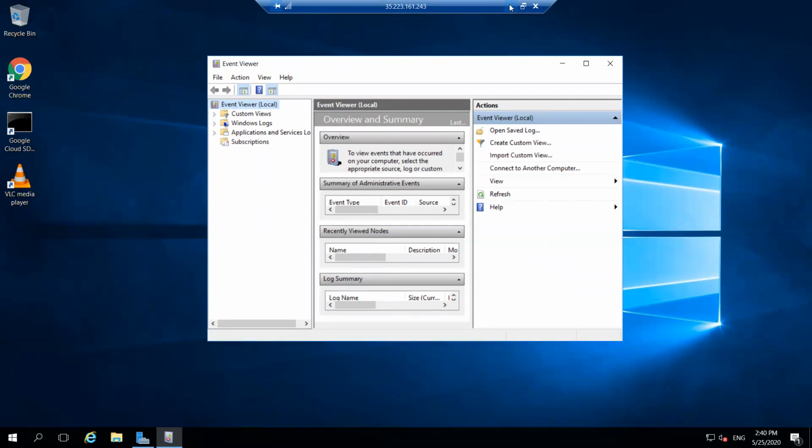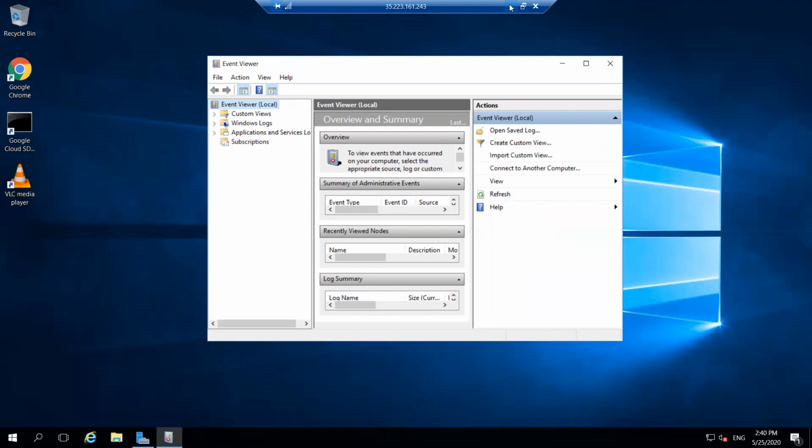Once open, it should look like this. Feel free to resize the window at any time to make the text easier to read. Next, click on the Windows Logs folder in the far left column. Then select Application to view the application log where the logs for this lab are located.